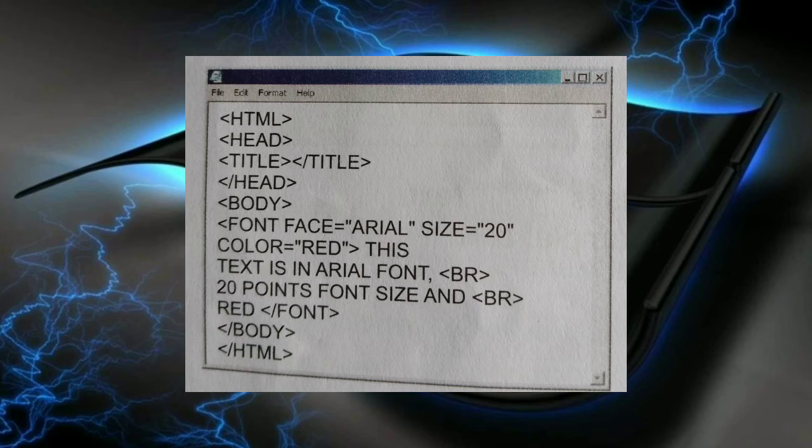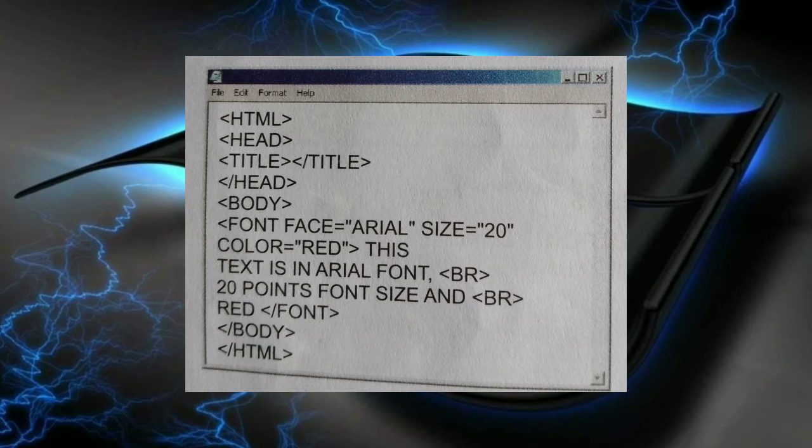Let us see. As usual, first tag HTML, second head, third title, then close the title tag, then close the head tag, open the body tag, open the font face equals to Arial size 20, color equals to red, close the tag.